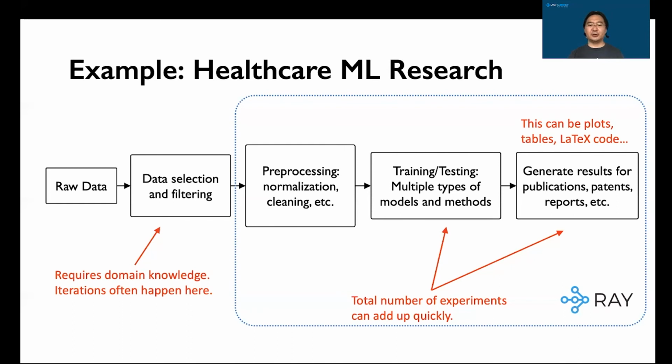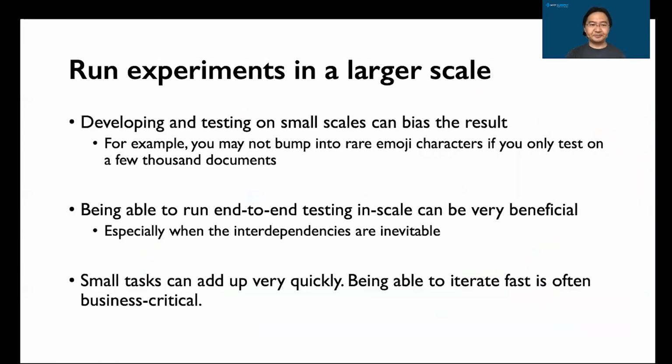Very fast, your pipeline will be such that every time you want to change the data selection and filtering in the first block, it will take hours to run experiments. That's just not really feasible. It really slows down development. And how can you do this? If we use Ray, it will be easier for data scientists to run these things in a shorter amount of time, with just a one-button click to get all the results. And it doesn't involve that many external tools to do this.